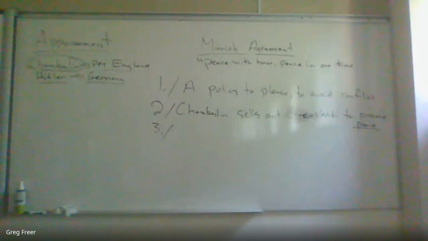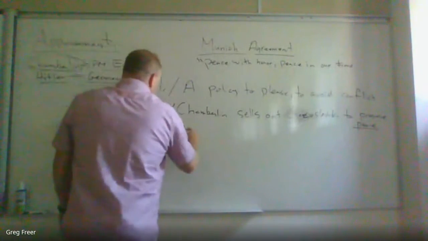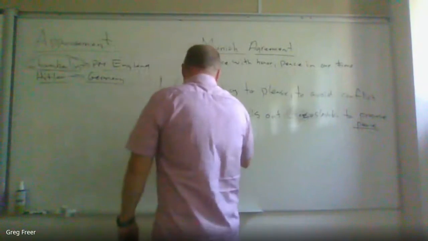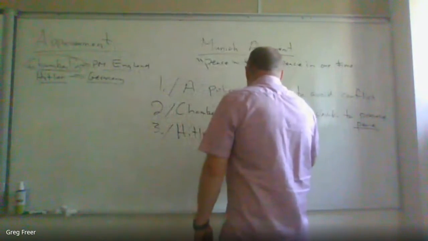Okay, so policy to please, to avoid conflict. Chamberlain sells out Czechoslovakia to preserve peace. Hitler keeps taking